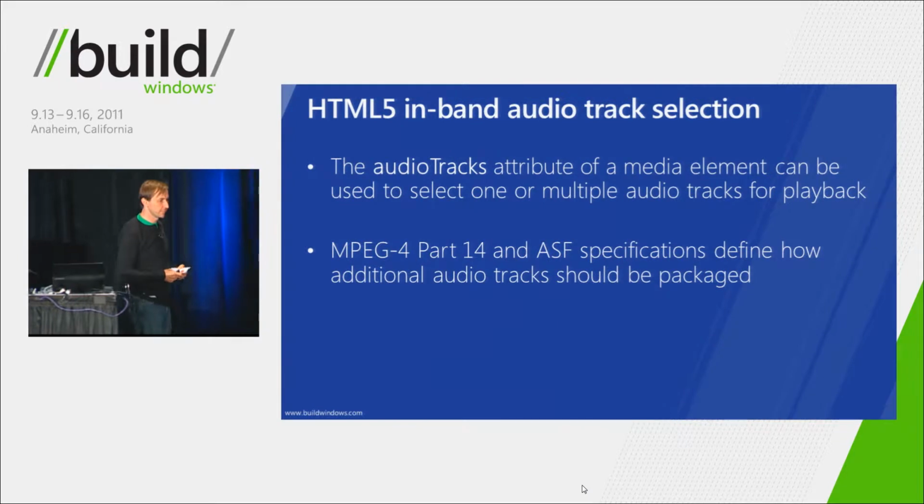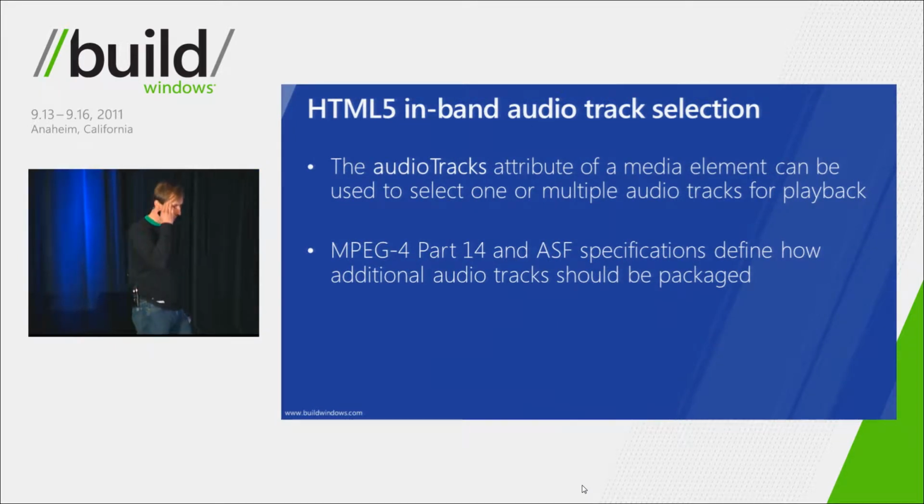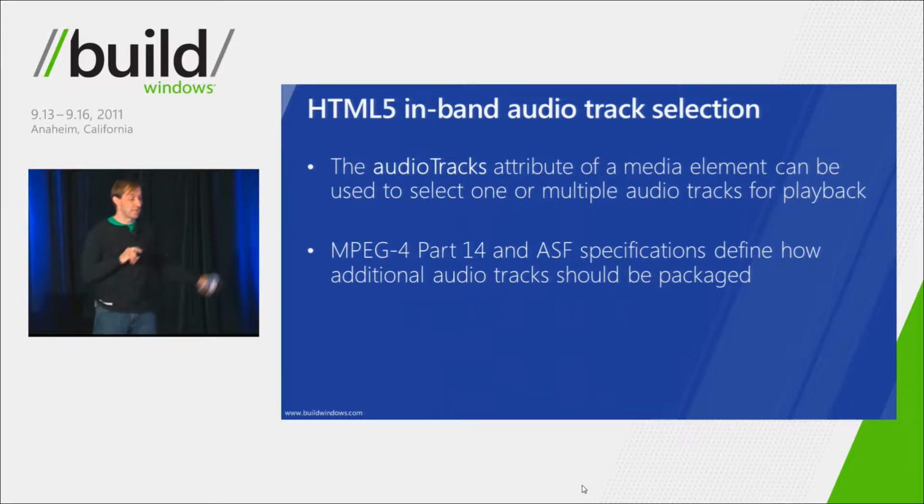How does this work? Let me first explain the in-band audio track selection. If you look at the video tag signature, and again, this is all HTML W3C functionality that you can do in IE10 as well as in other HTML5 browsers. The audio tracks attribute exposes the multiple media tracks that are in the content currently loaded in the video tag. As long as you package your content according to the MP4 spec with multiple tracks, or respectively the ASF spec, then Windows will pick that up and expose it to you through